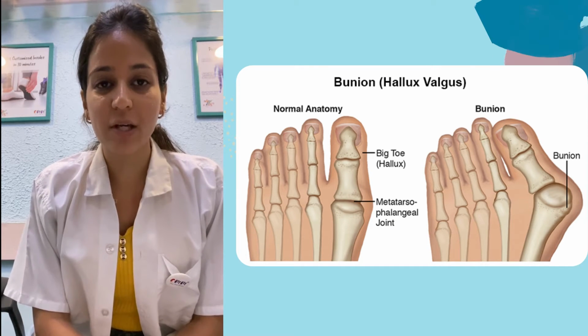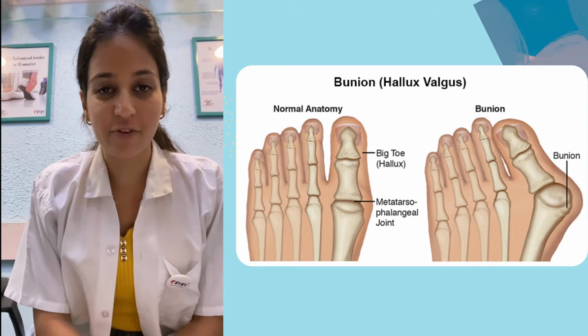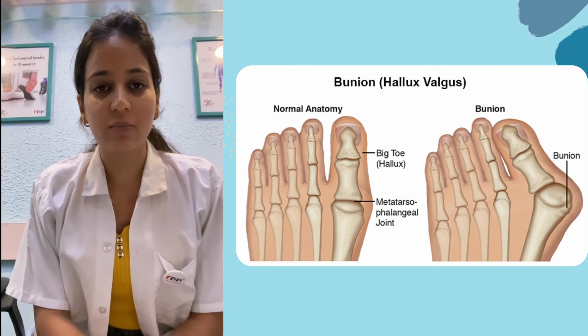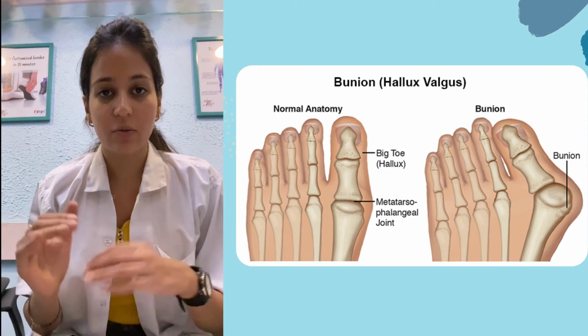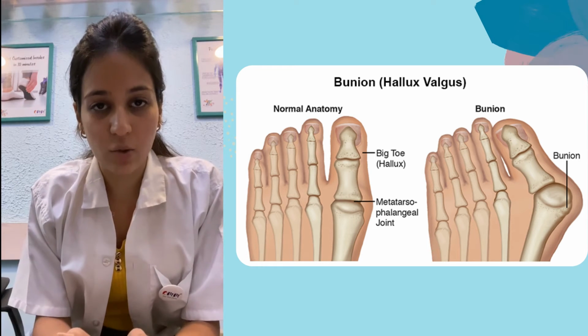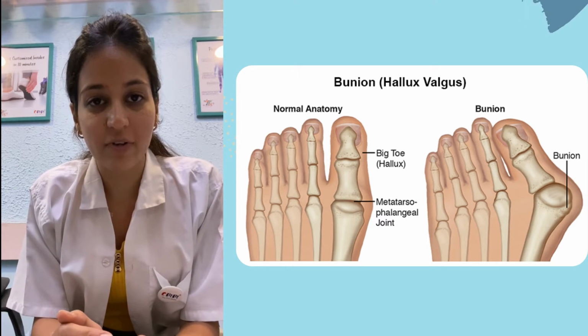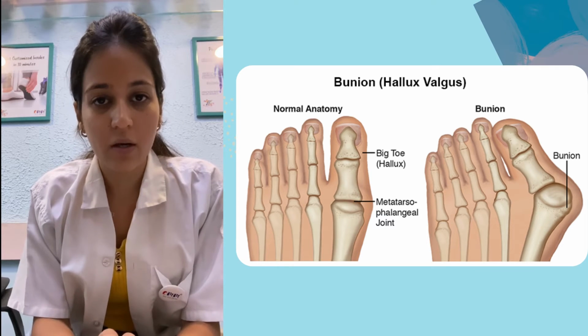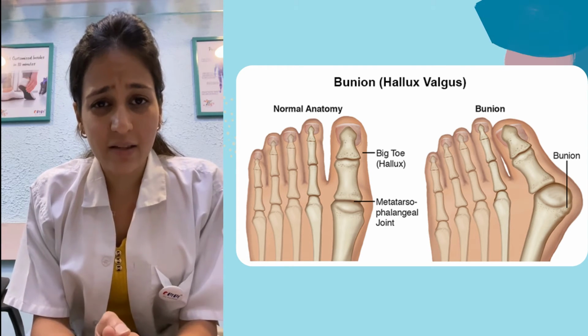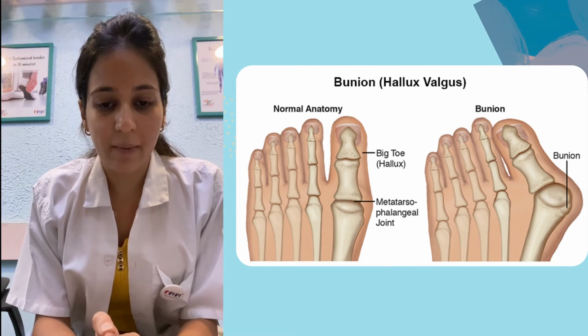So we are back today with another condition of the foot known as the hallux valgus foot deformity. So this deformity is more focused around the toes of your foot. So hallux meaning the great toe and valgus is sort of an angle at which this great toe is deviated. So let's understand the deformity in much depth.